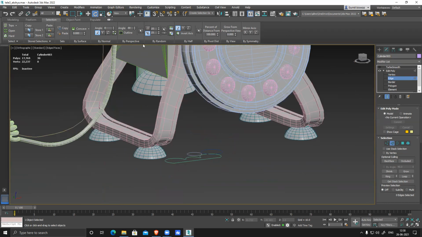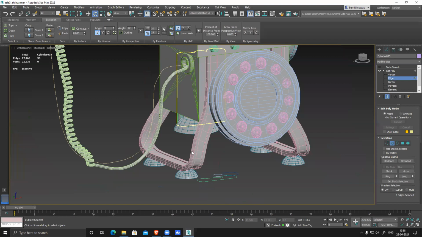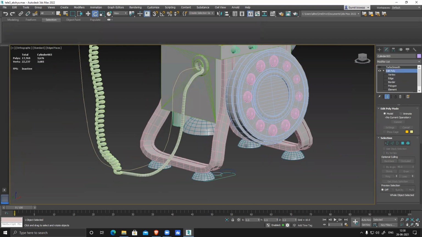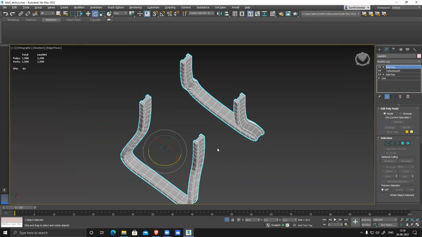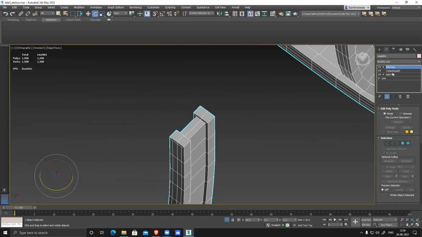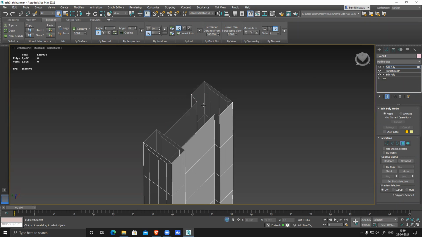Fix this thing. You can see it can make a nice, clean shape. Optimize this. This is way too much. So optimize this thing. And similarly, here also the same optimization problem. Inside part, anything which is not visible, delete it. The sides, this is also not required.